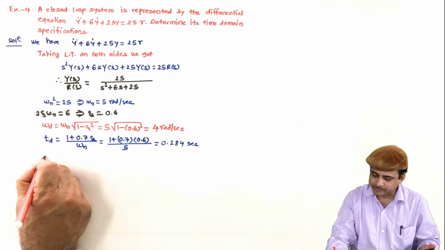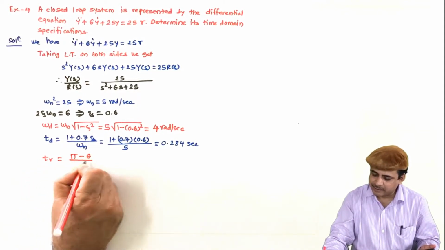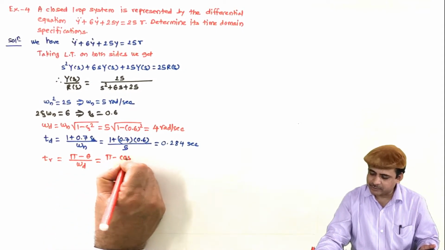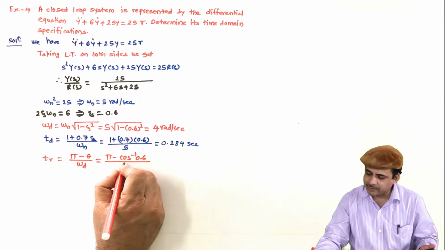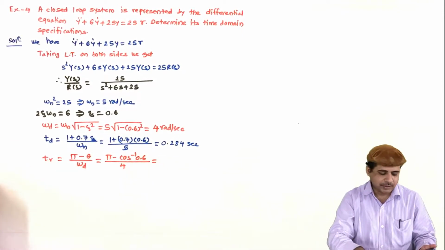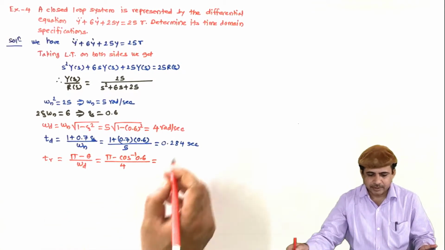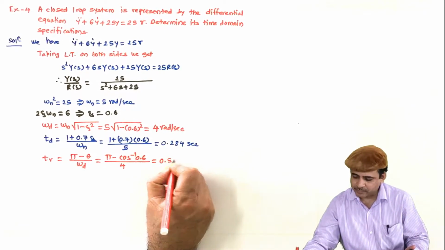Next is TR. TR is (pi minus theta) by omega d. So it is pi minus cos inverse of zeta is 0.6, divided by omega d is 4. Pi minus cos inverse of 0.6 divided by 4. So it is coming 0.5536